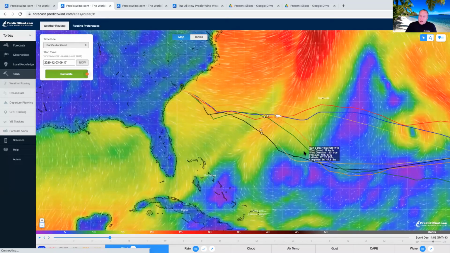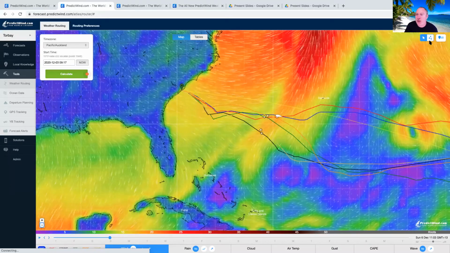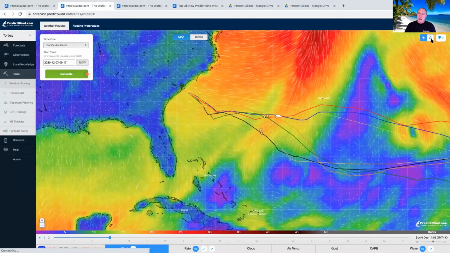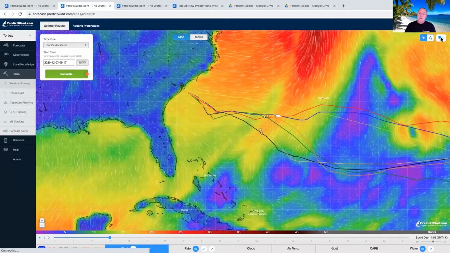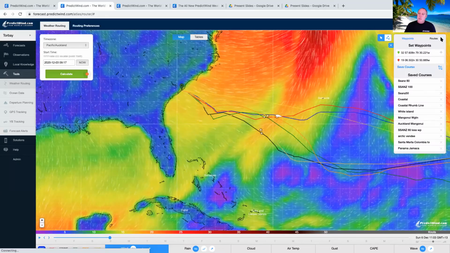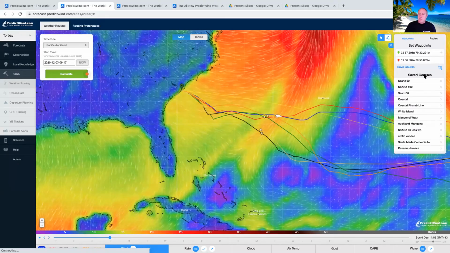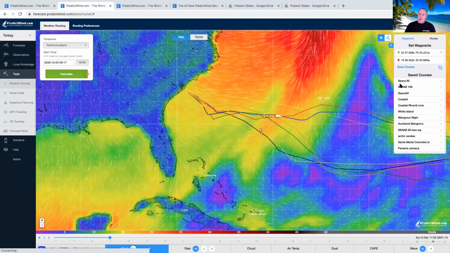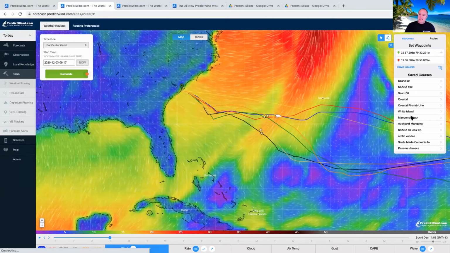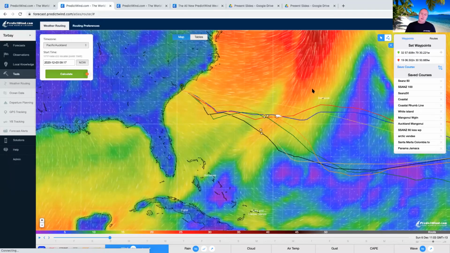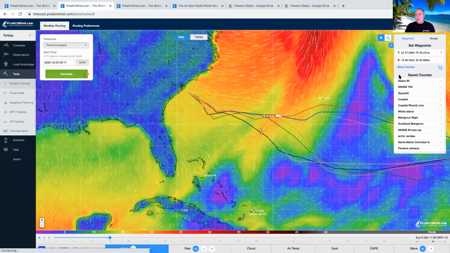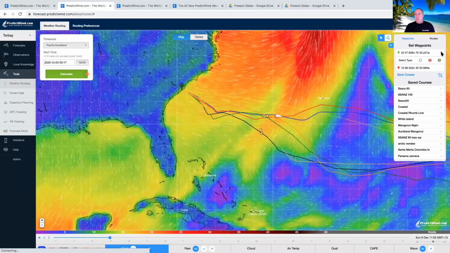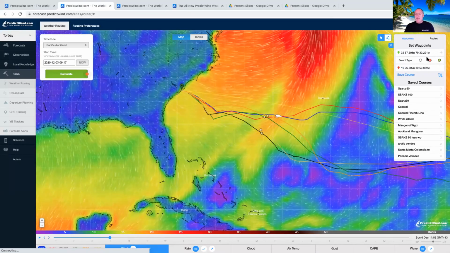What can we do here? So let's get into some other stuff that we've added in. Let's start with waypoints. Let's say I'll just move my zoom thing there. You can see I've got a whole lot of saved routes in here for go north of Bermuda for some reason. So I could come up here and click on the little plus button there,